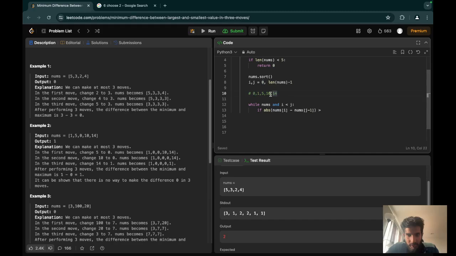So let's say we have 0 and 14. We have to check whether this difference is the biggest, or 1 to 14. So let's say we kind of want 14 to go, and this difference is lower,